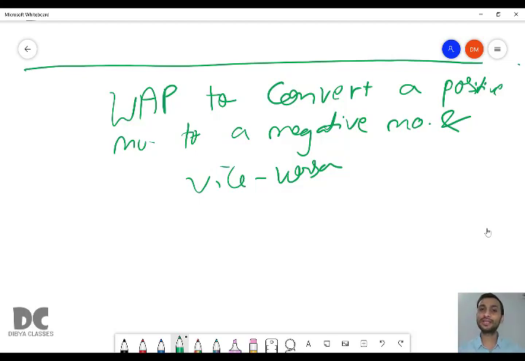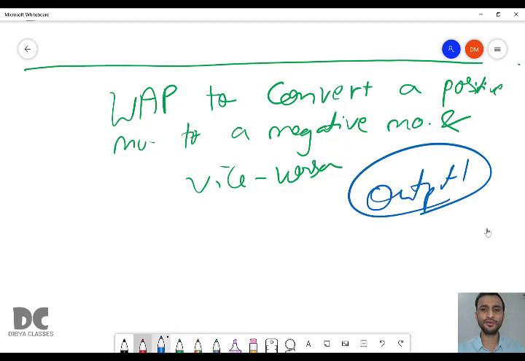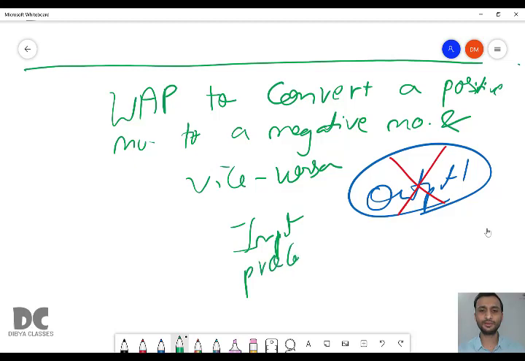And if the user inputs a negative number, then you have to convert it to a positive number and finally print it. Though now we will not do the output, that is the printing part, because till now we have not studied it. We will only do two things, that is input and processing.